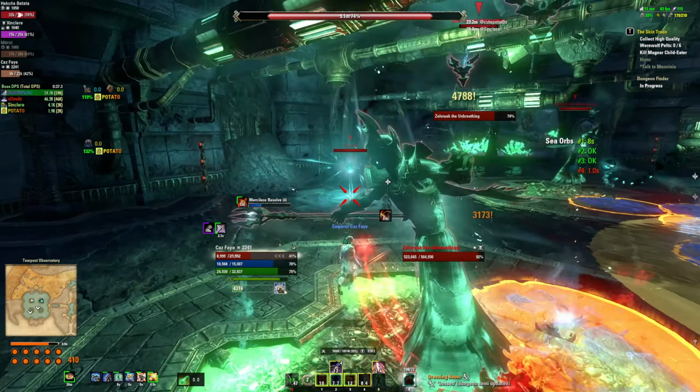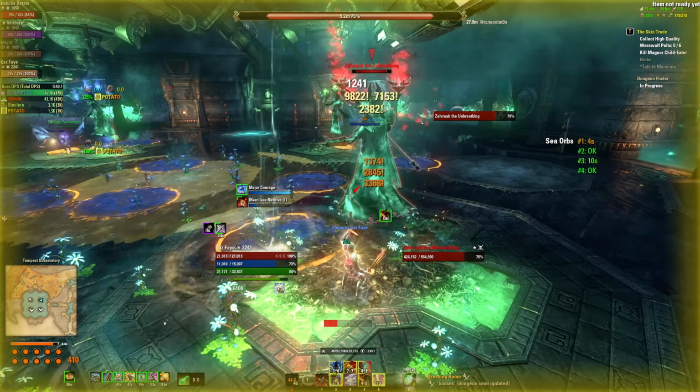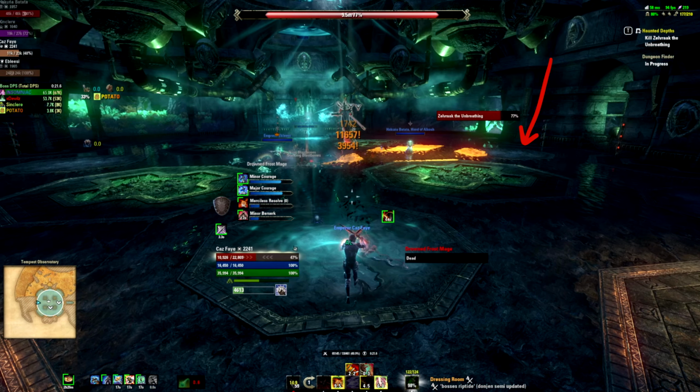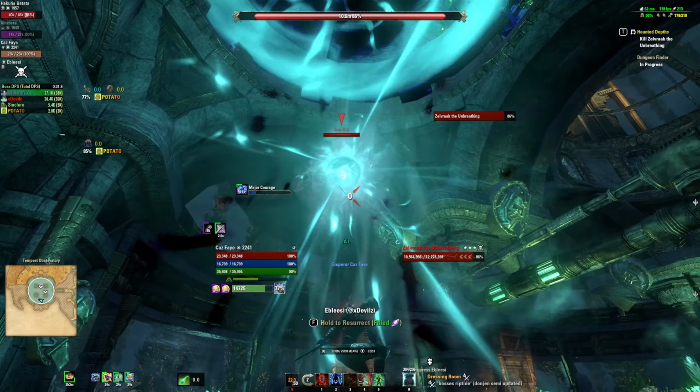Sea Orbs are the boss's most scary mechanic. There are 4 bigger platforms scattered around the arena. They are located between the skeleton piles on entrance, opposite of entrance, left and right. When Sea Orbs are active, a watery glow will appear on the platform, and a small orb will start descending